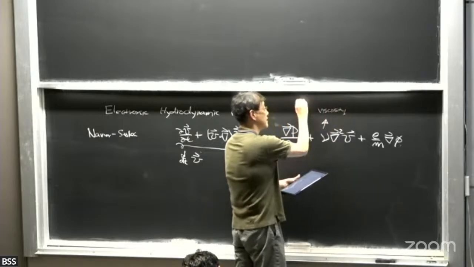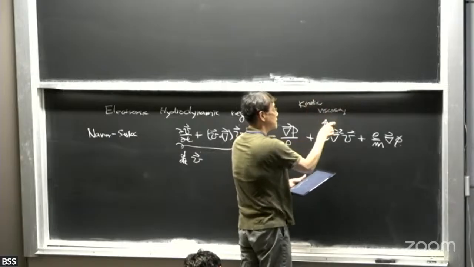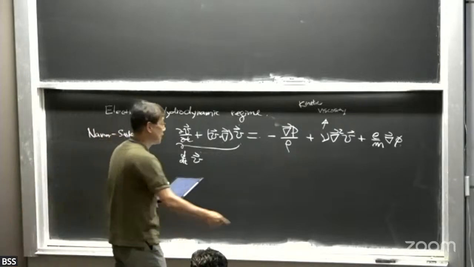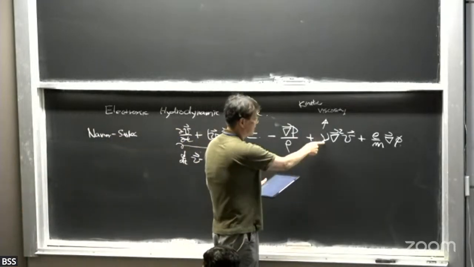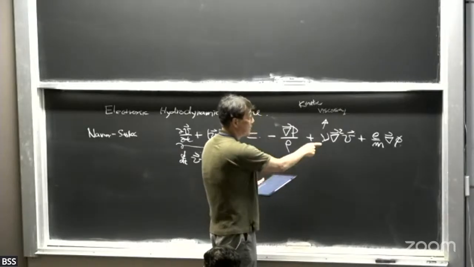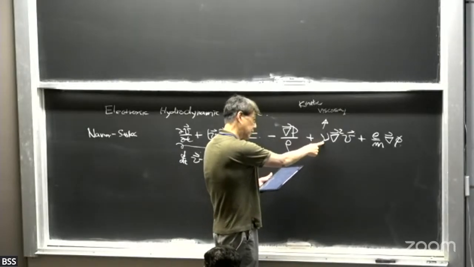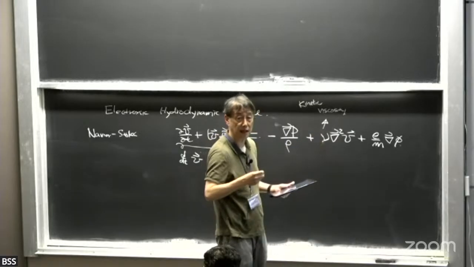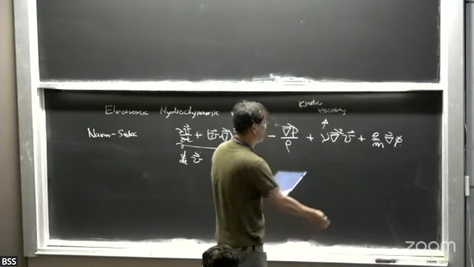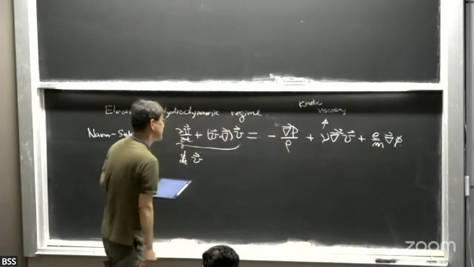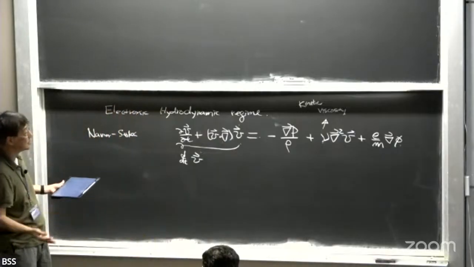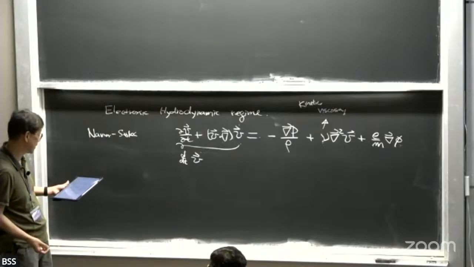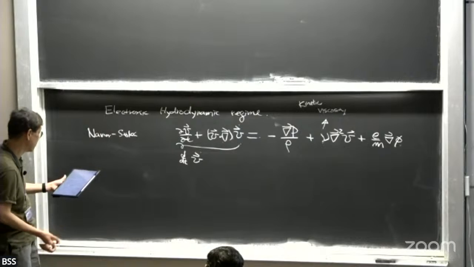More precisely, it is the kinematic viscosity, where the unit is that of a diffusion coefficient, by the way: meter squared per second is the unit of this kinematic viscosity. It usually comes from the electron-electron interactions in our case. So this gives us the hydrodynamic effect, and this becomes the driving term. Now, in these cases, we didn't include anything about disorder or momentum relaxation, the Ohmic terms in some sense.